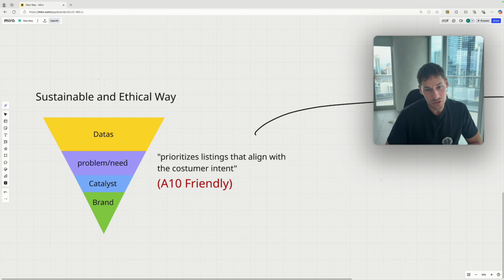Now, the third point of this is finding a catalyst. We found our problem and solution, or the things that people want. We created that solution. The catalyst is just something that is going to power up everything we've done so far. You cannot just write how to slow brain aging for over 60 people. You need to find a mechanism, a wording that is more intriguing, that seems to be better than everything out there, because there are plenty of books that claim to solve this problem. But what is their mechanism?